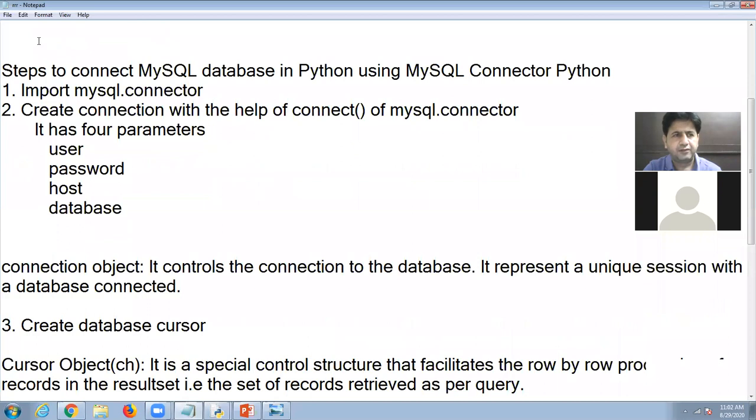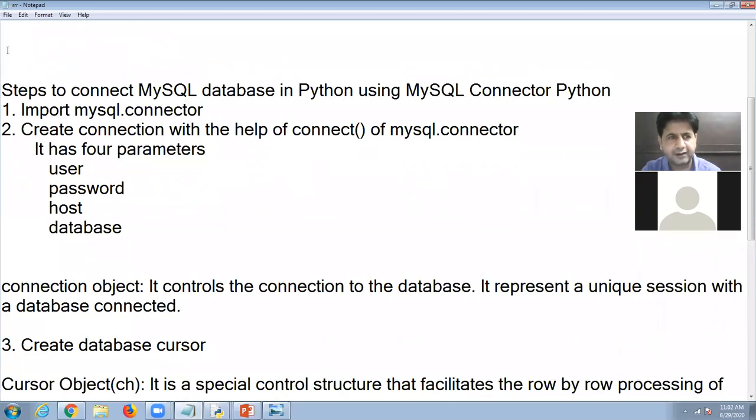First of all, why is MySQL and SQL connectivity required? Remember one thing, in our daily life, data is always saved in databases. Whenever we do any programming, that is with the help of a script.